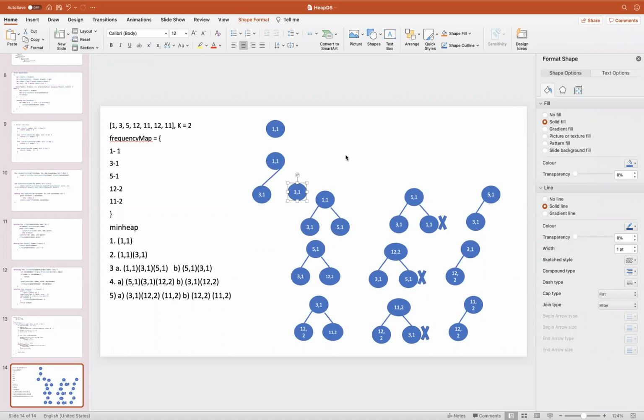Only when the top level nodes are completely filled can you move to the lower level nodes, and you have to start from the leftmost to make it a complete binary tree. So first we need to fill the left, then we can go to the right. And once the left and right are filled, then only we can go to the next level. Yeah.